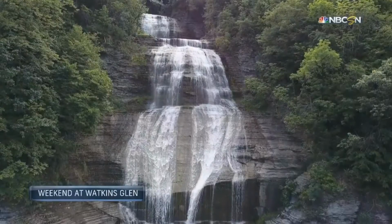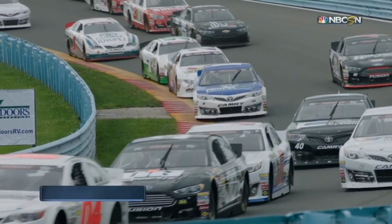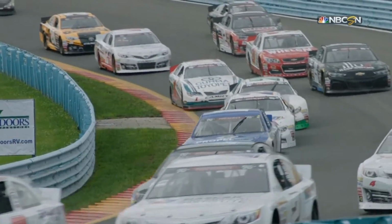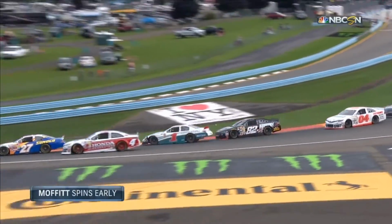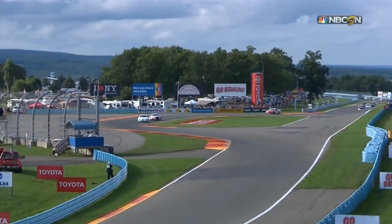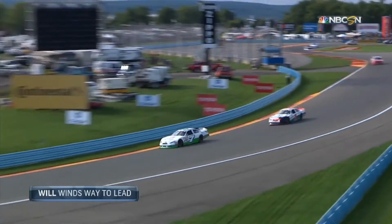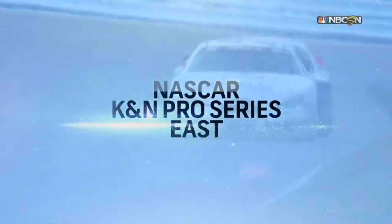Watkins Glen, New York, a beautiful setting. They used to race in the streets. Now they race on the road course called Watkins Glen International. A tradition now for the K&N Pro Series East for a number of years, and it always provides action. Brett Moffitt got spun early, contact from Spencer Davis. Will Rogers comes from the back of the field to take the lead, and he's being chased by a car